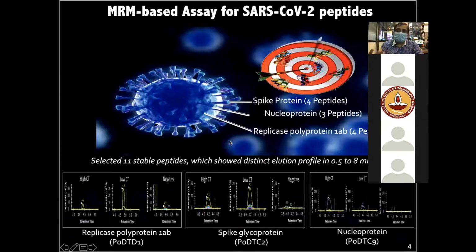Finally, based on this knowledge which we obtained from the Orbitrap Fusion, which was looking at the entire shotgun proteomics data set, we can then select 11 peptides which are highly abundant in at least many patients, belonging from a spike protein to nucleoprotein to replicase proteins. And these peptides were then selected to develop the selected reaction monitoring assay.